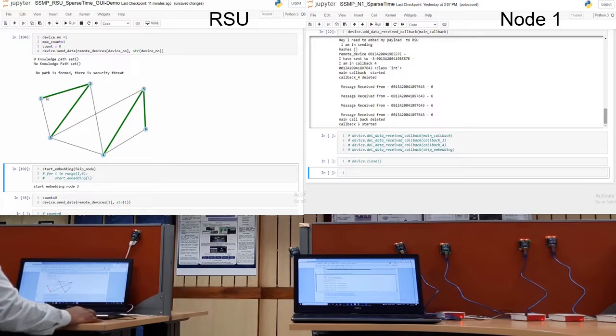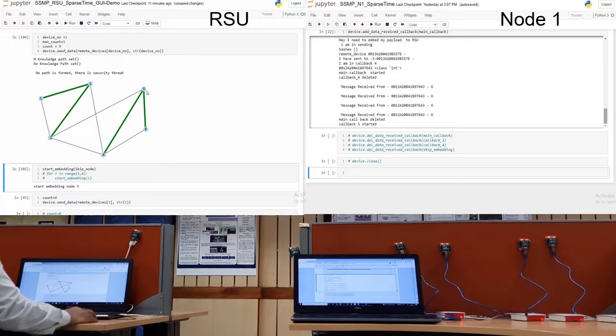Node 1 has done the payload embedding, increased the hop count and forwarded it to node 2. Node 2 has done the double edge embedding, forwarded it to node 3. Node 3 has increased the hop count and forwarded it to node 4. Node 4, instead of doing the double edge embedding or increasing the hop count, has forwarded the packet to node 5.